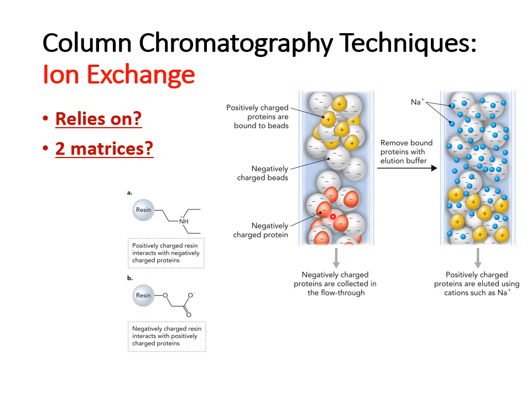Okay, and so you have two different types of columns that you can do for this. You can either have a column that is positively charged. So the resin has a positive charge on it to then interact or bind negatively charged proteins. Or you can use a column with a matrix that has negative charges on it. Okay. And so that will basically be for binding